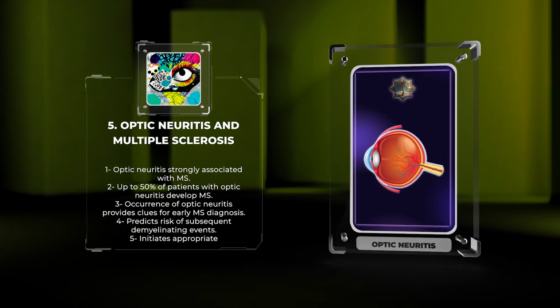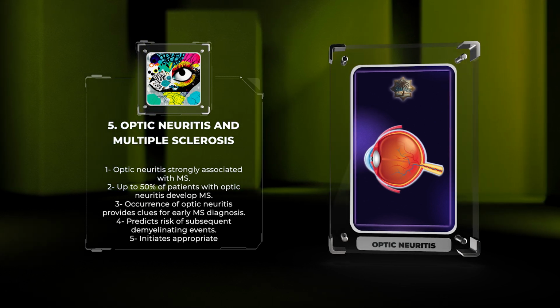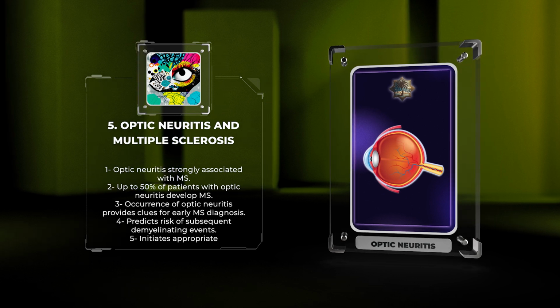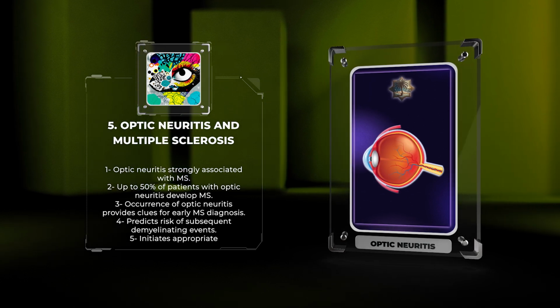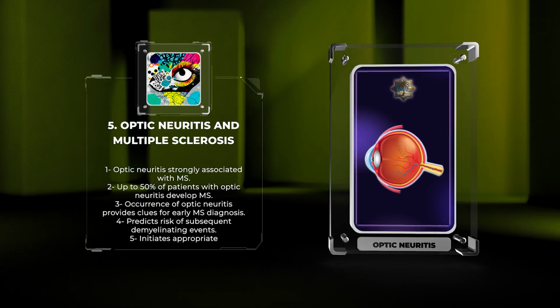Optic neuritis is strongly associated with multiple sclerosis, MS, with up to 50% of patients with isolated optic neuritis developing MS within 15 years. Optic neuritis is often the initial presentation of MS, and its occurrence can provide vital clues for early diagnosis. Understanding the relationship between optic neuritis and MS is crucial for predicting the risk of subsequent demyelinating events and initiating